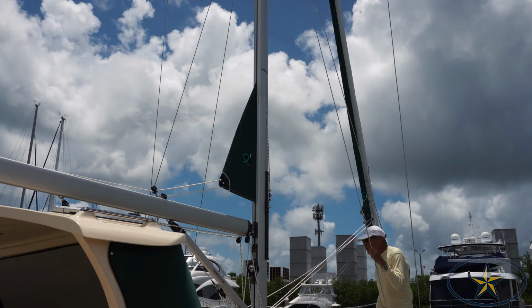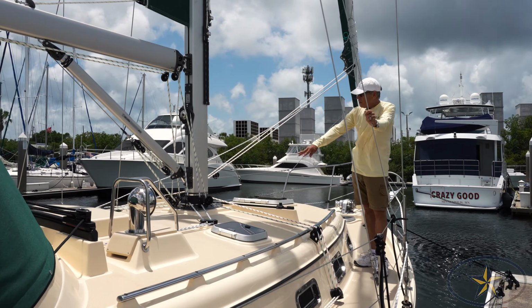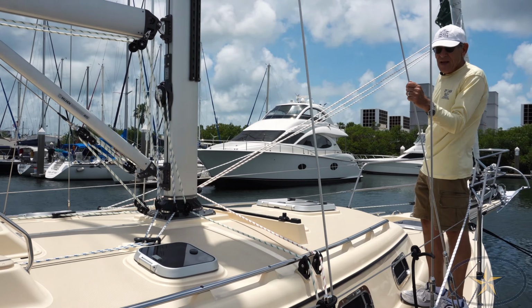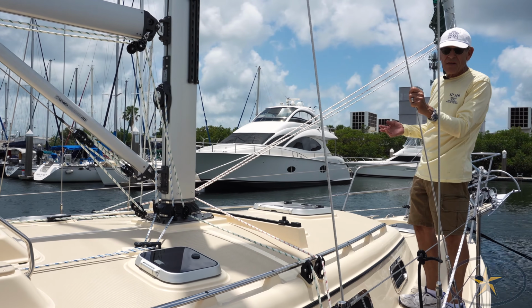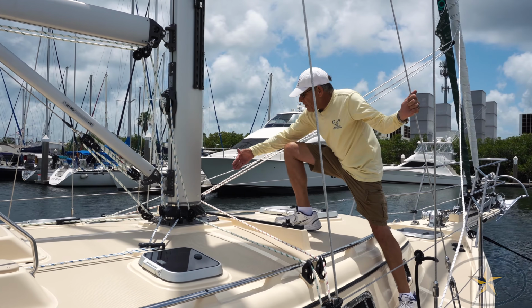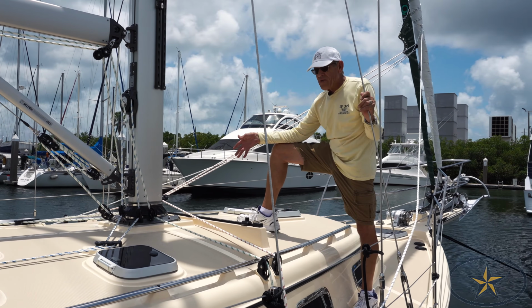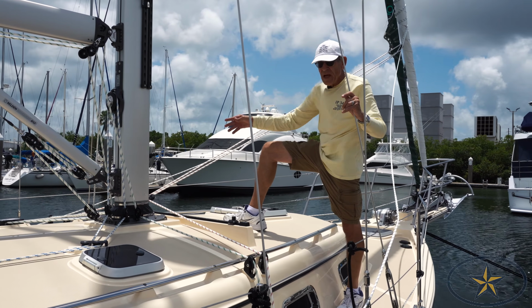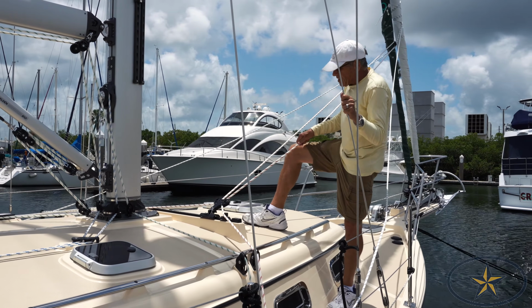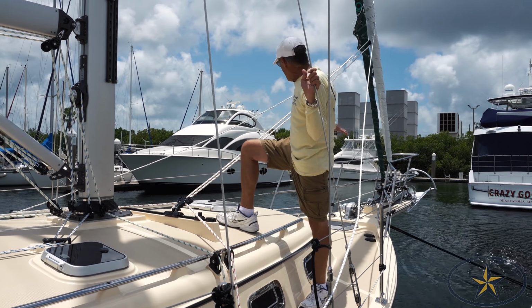So as you can see, the Hoyt boom is gone, as we have started doing on the 439, and we have a self-tacking jib track here that really cleans up the foredeck, and we have found actually trims better than the jib with the boom. What we found with the boom is that we could never get it really up to center, much less to windward. And what we have found with the self-tacking jib track is that we can actually pull the windward sheet and move this car to windward. So it really does allow you better sail trim than with the boom,